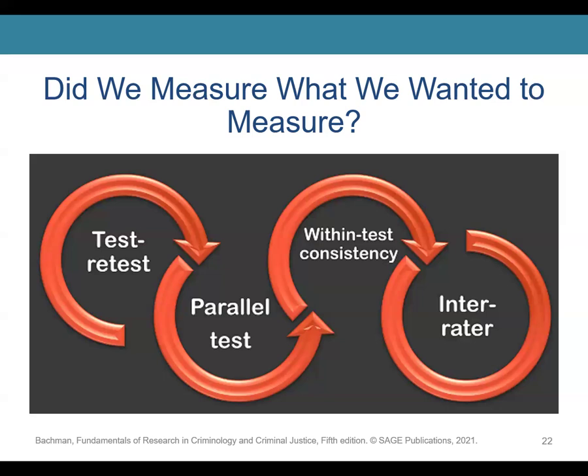This also has what they call split halves reliability, which is achieved when responses to the same questions by two randomly selected halves of a sample are about the same. Meaning, if I ask you something and my research partner does, the answers are the same. Then they go into intra-observer reliability and inter-observer reliability.